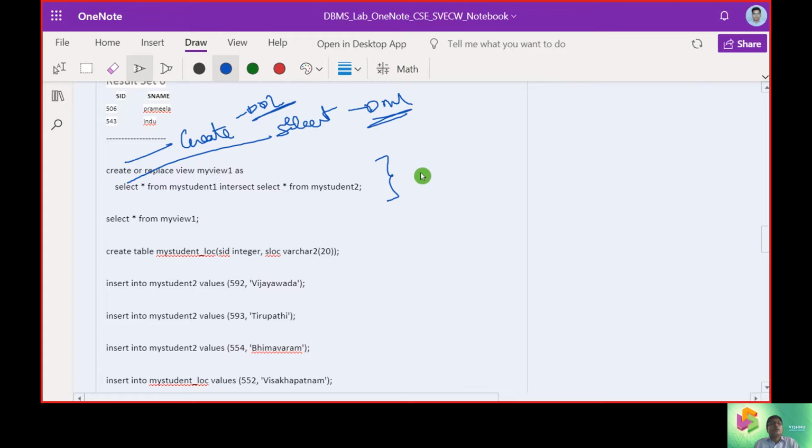A view is a virtual table, and it can have the elements which are a part of the main query. So we are creating my view 1 and moving the intersected values into it, and then we are displaying the view.